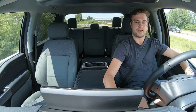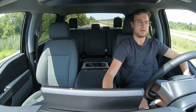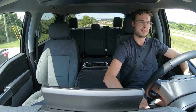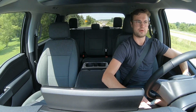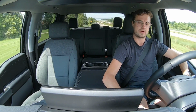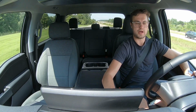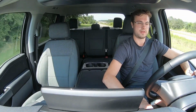The answer: it drives fantastic, actually. I think it weighs about 1,000 pounds more than a combustion engine F-150, around 6,500 pound curb weight. Your standard Lariat F-150 EcoBoost weighs somewhere in the range between 5,000 and 5,500 pounds. Again, 1,000 pounds more, but this Lightning handles much better than those combustion engine F-150s, and I think that that's